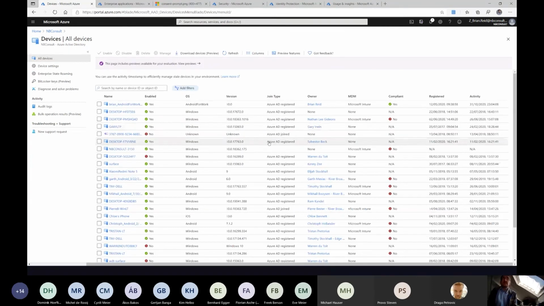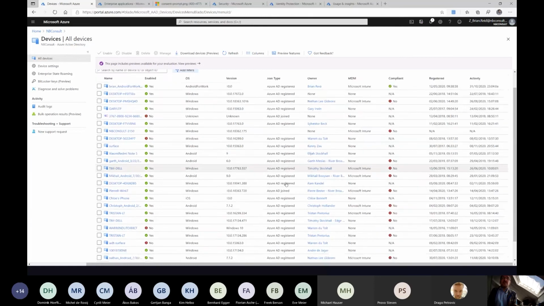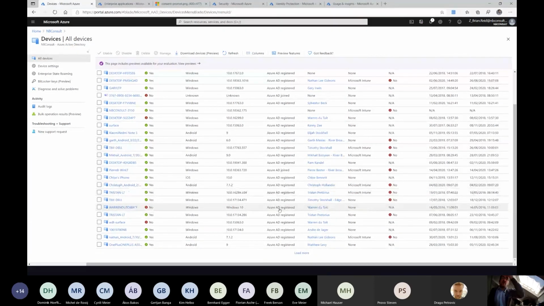Okay, so we can see, in this case, I don't actually have AD, so it won't be a hybrid joined, but it's a device joined. That's not me, that's someone else, but a joined device. Okay, and then that means that I can sign into Windows with my Azure Active Directory credentials. And once I sign into Windows with my Azure Active Directory credentials,